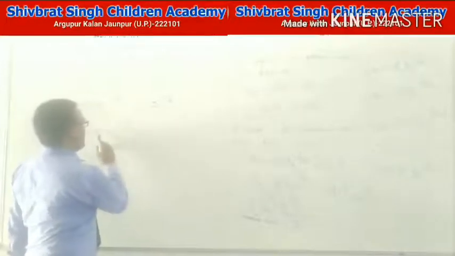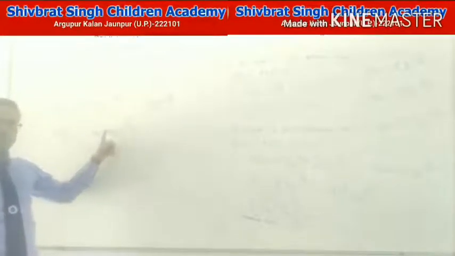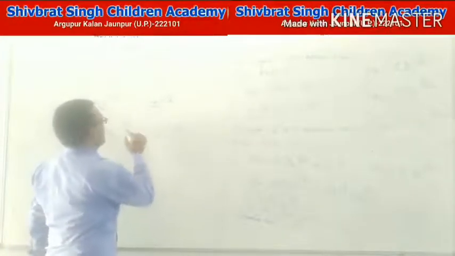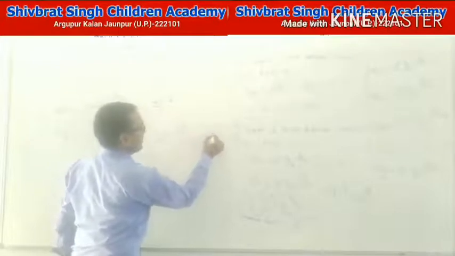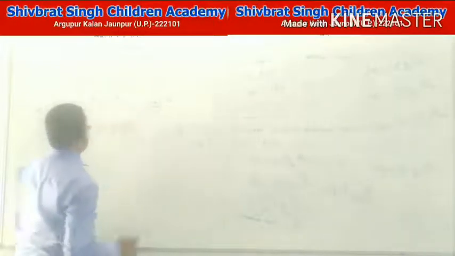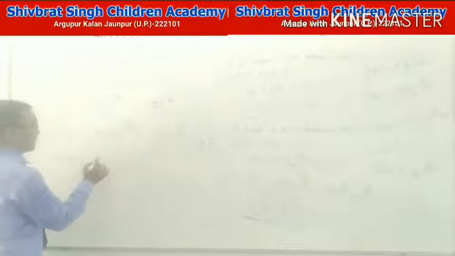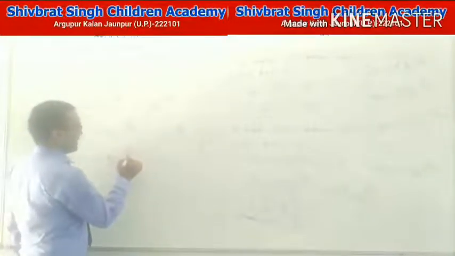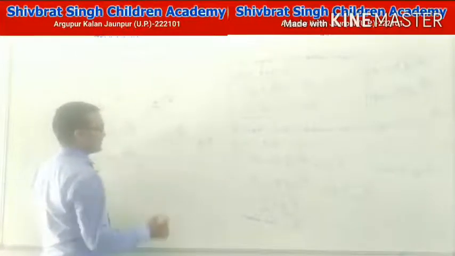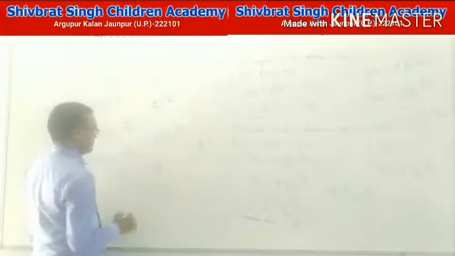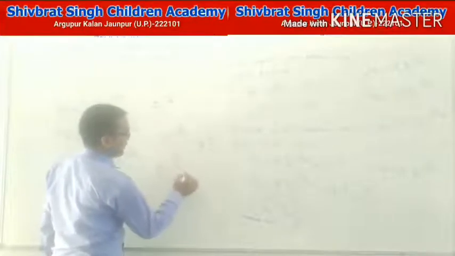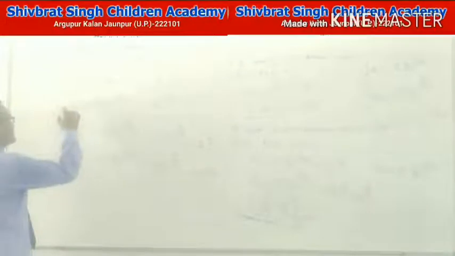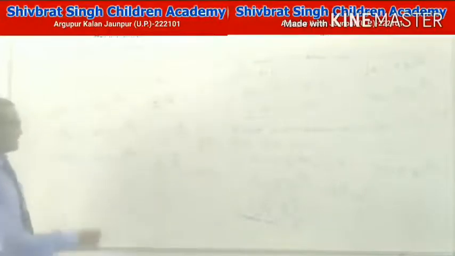Value of a equal to 1, value of b equal to 2, so G1 is 2 to the power 1 by 4, that means 2 to the power 1 by 2, and G3 is equal to a times b upon a to the power 3 upon n plus 1. This gives the value 2 to the power 3 by 4. First geometric mean is this, second is this, and third is this.